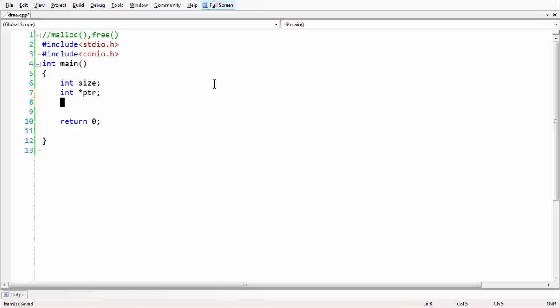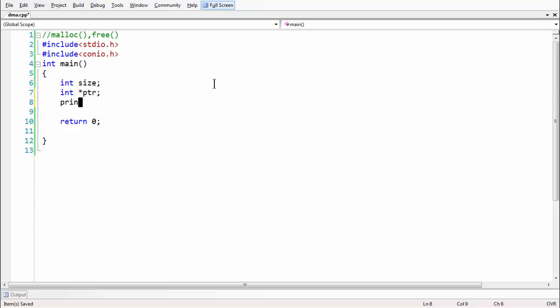For that reason, we have taken an integer pointer and a variable size, to know the size at runtime. Whatever size you give as input is what it is going to take as the size of the array. We achieve that with the help of the malloc function, which is used to allocate that many bytes of memory with regard to the size of the array.